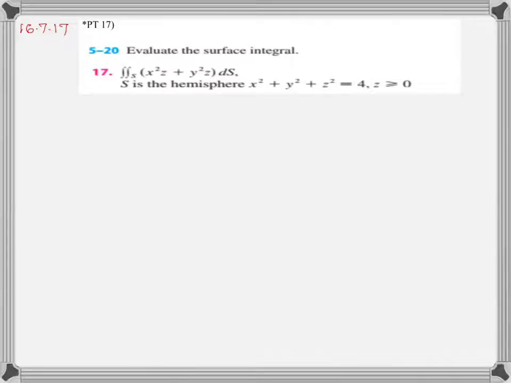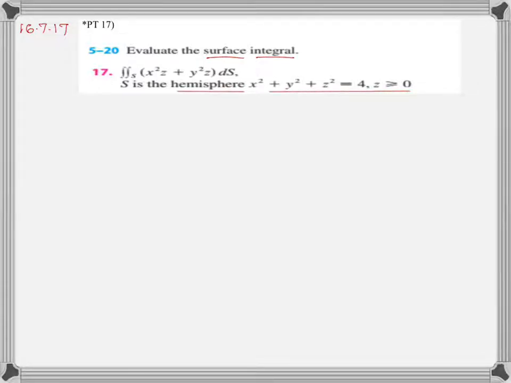Hi, in this video, I will be showing you problem number 17 of chapter 16, section 7. Evaluate the surface integral, double integral over S, x squared z plus y squared z dS, where S is the hemisphere x squared plus y squared plus z squared equals 4, and z is greater than or equal to 0. Note here we are going to find out the surface integral